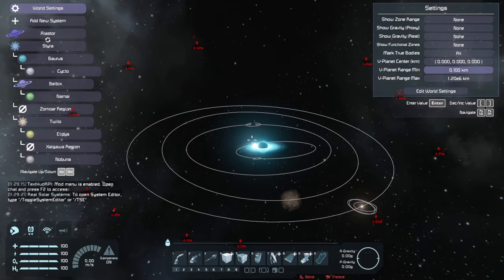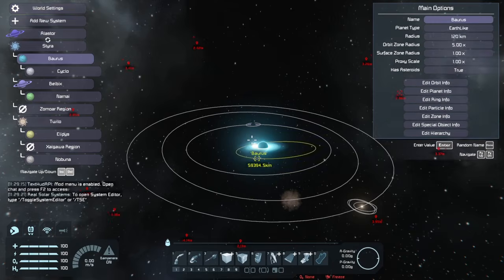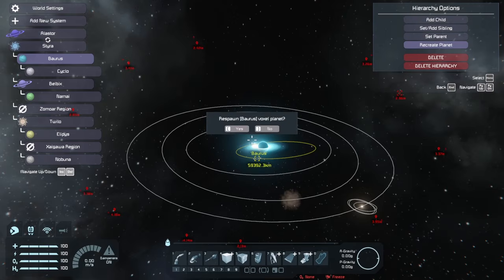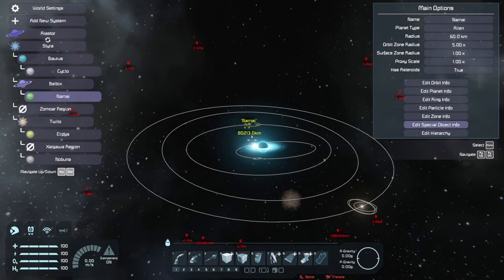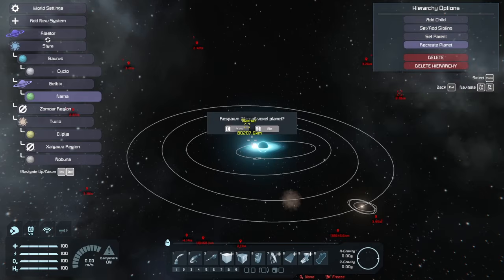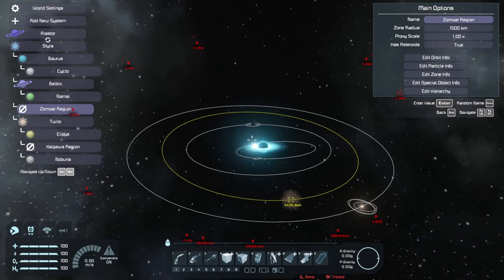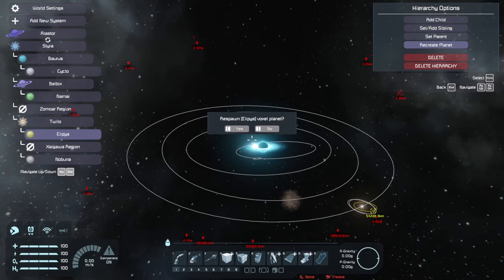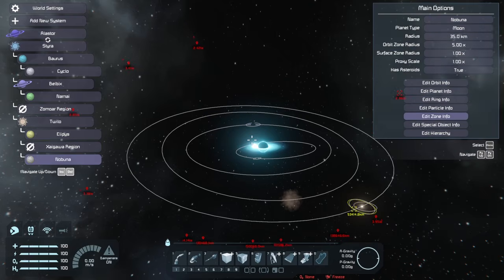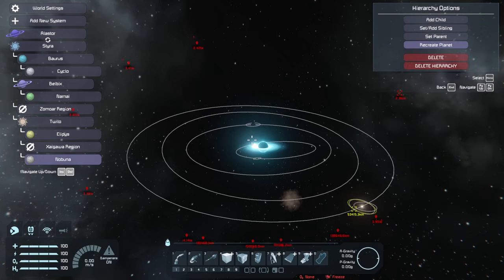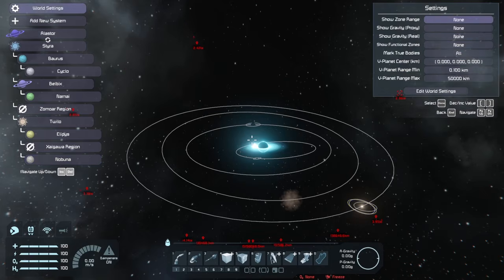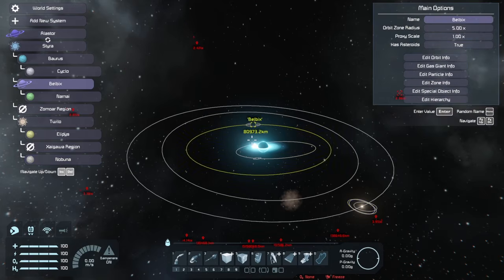What we need to do here is change the V-planet range min and max values, and then respawn every planet with the new range constraints. This will restrict the planets to a certain radius around the origin. For terrestrial planets, we can use 0 and 50,000. For gas giants, stars, and empty zones, 50,000 and 80,000. For anything with a particularly large radius or gravity well, you may want to spawn it even further away. The key is to keep the terrestrial planets close to the origin,